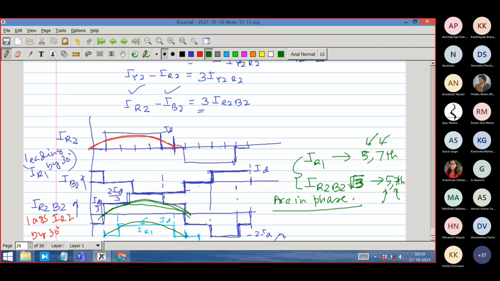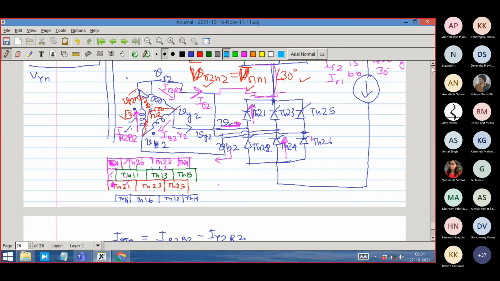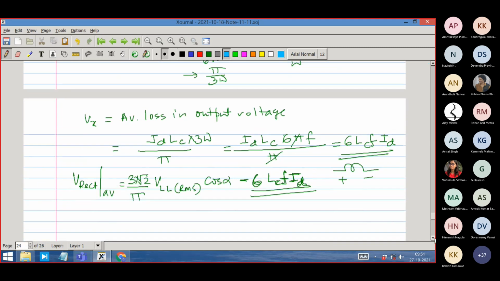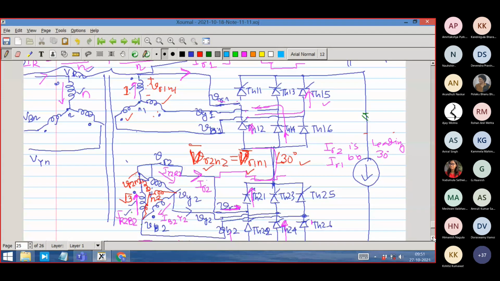Which we can see here, even by looking at this. You sum up these two waveforms, this IR1 and this, you see more steps. You can see that there is one step here which will come in the summed up current. This is a step here which will come up here. So you will see more steps, it will look like a 12-step waveform. The summed up current, that means the primary side current, capital IR current, will have more steps that you can sketch. The capital IR current is this one.